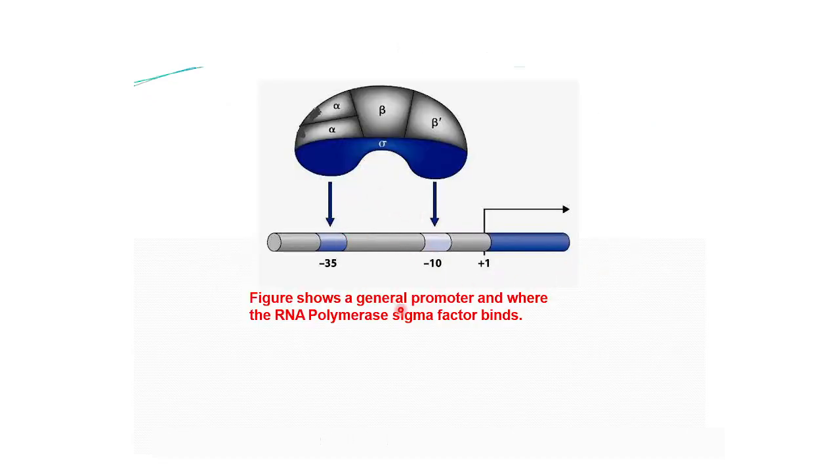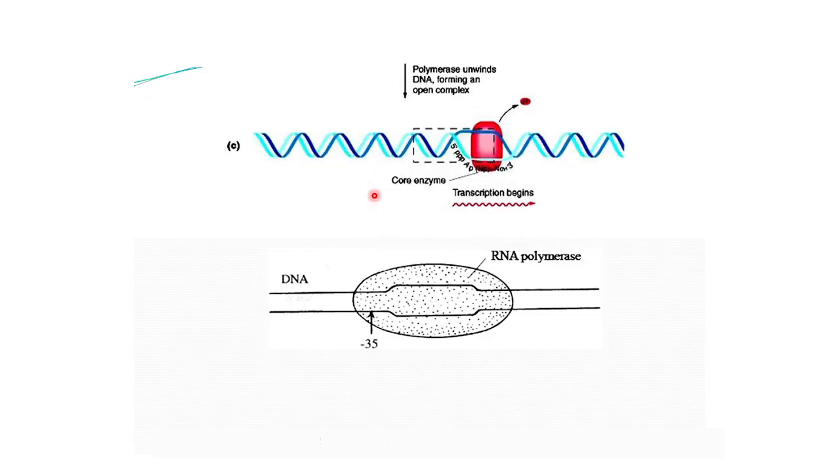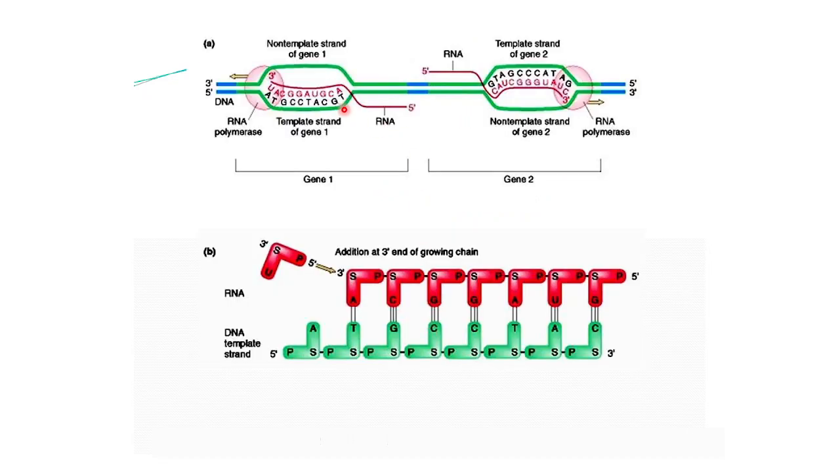Okay, so you can see how it sits over here. So that is why this stretch is important. You cannot have the two recognition sequences very close by, because it requires a distance of 15 to 17 base pairs for sitting down. Right, then the polymerase unwinds the DNA, forming an open complex, after which you have the DNA coding strand, which